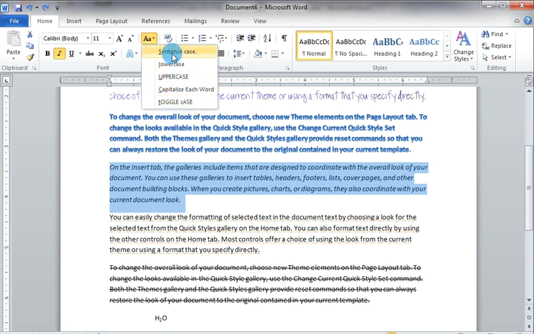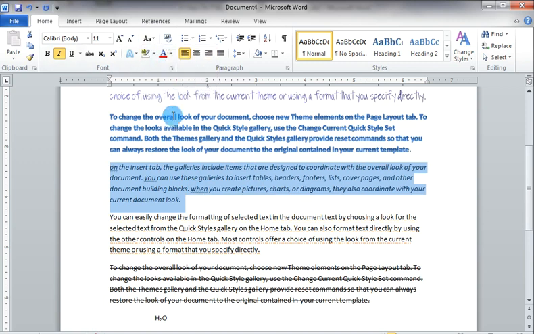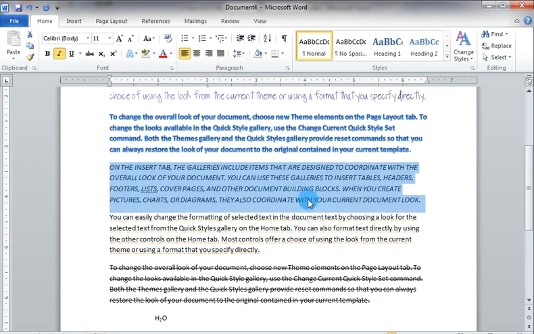By selecting sentence case, the first character of the first word will be converted into capital letter, and by selecting lowercase, the selected text will be converted to small letters, and by selecting uppercase, the selected text will be converted into capital letters.